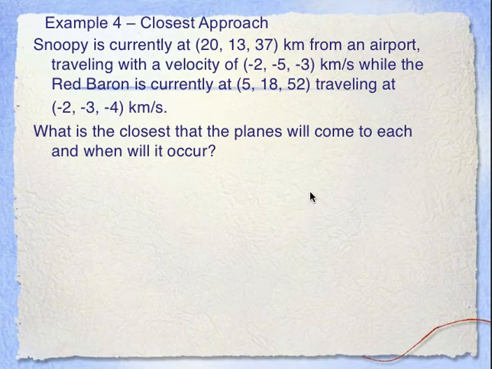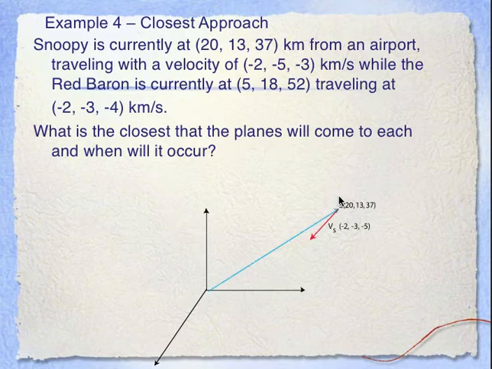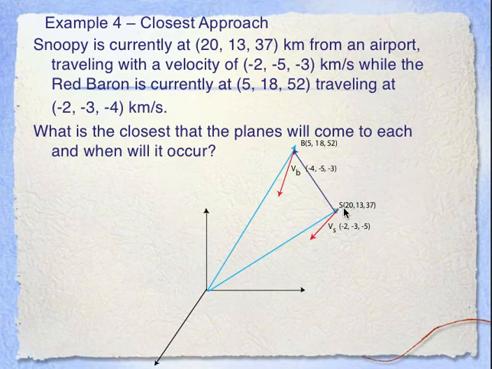So let's do a quick sketch of what we know. In our 3D axes, we've got Snoopy's position and his velocity. We've got the Baron's position and his velocity. We can look at the original distance from Snoopy to the Baron, and we know that we can combine the two velocity vectors. So we're going to stop Snoopy by taking that away, and we can see that the velocity resultant is going to be